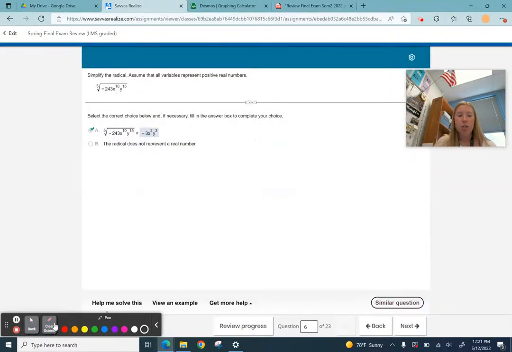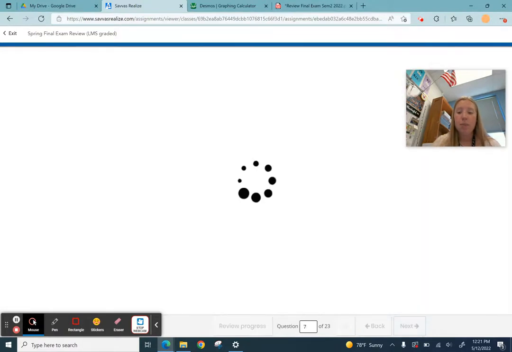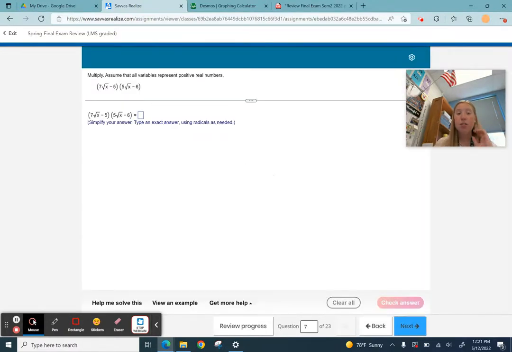And we're moving on to our next one, number 7. Assume that all variables represent real numbers. We are multiplying. We practiced these in class today as well. We are double distributing. 7 radical x times 5 radical x is